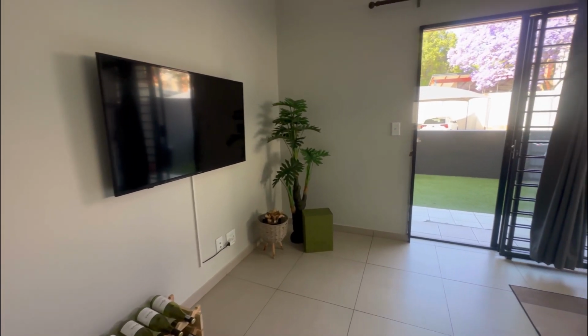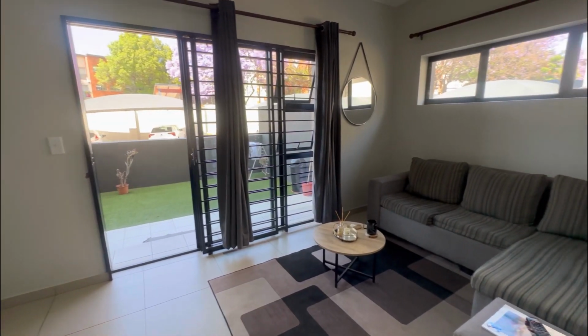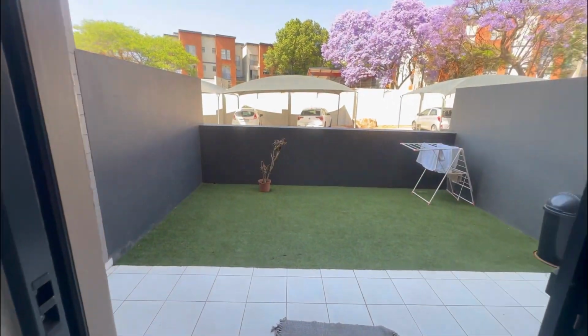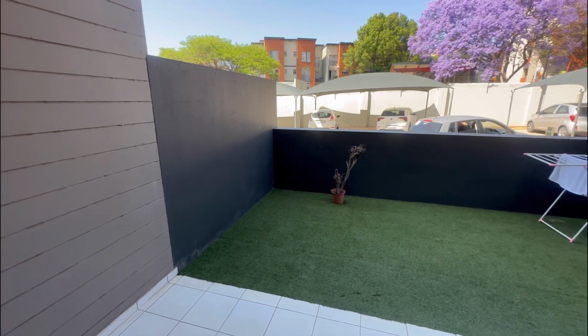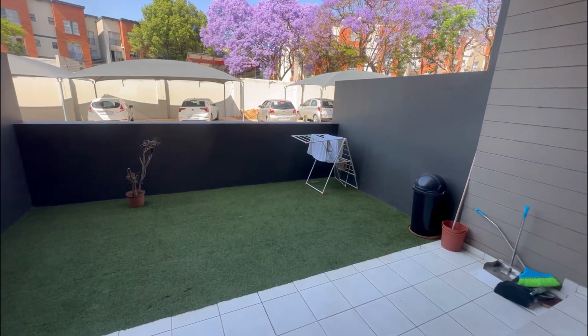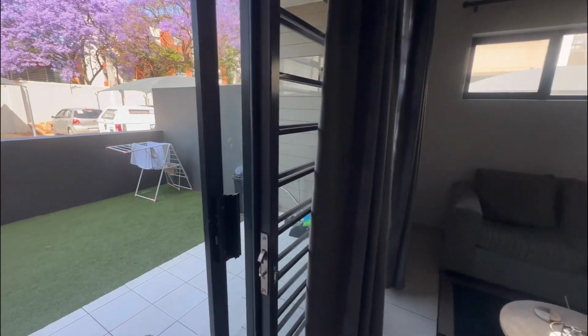This is your lounge. It's tiled throughout. Which leads out to your small garden with artificial grass. Back into the apartment,